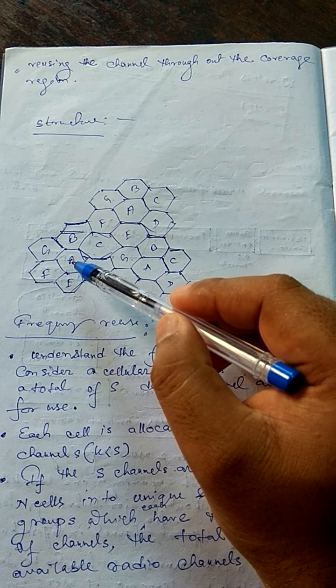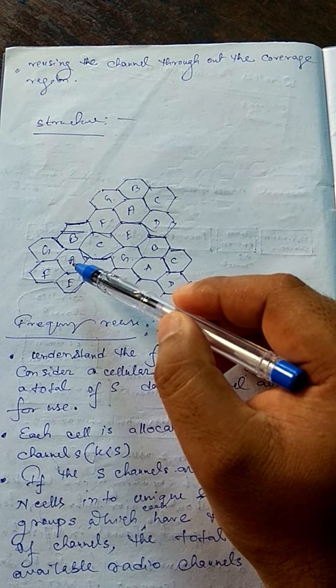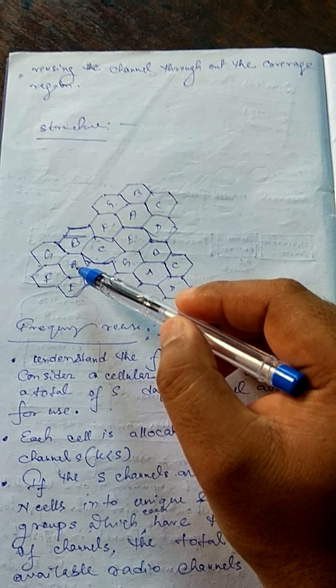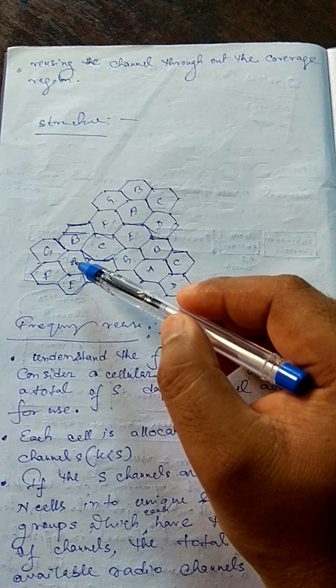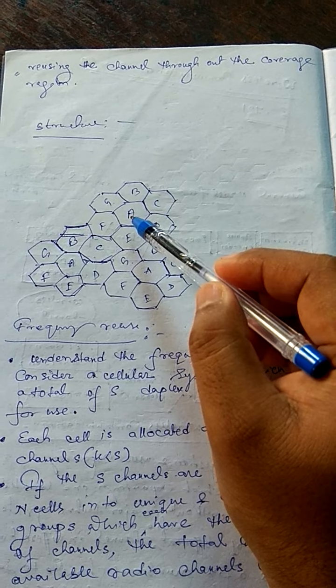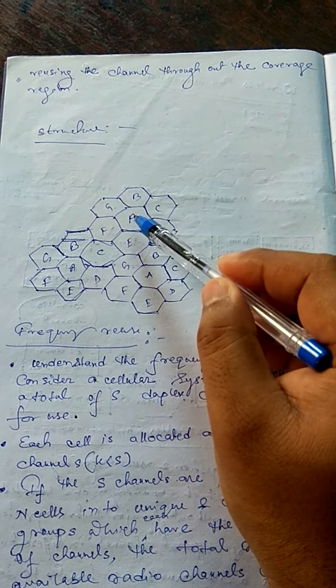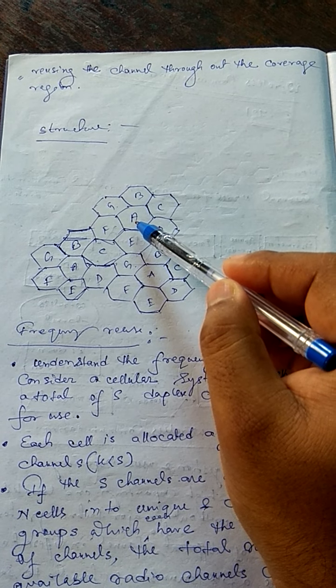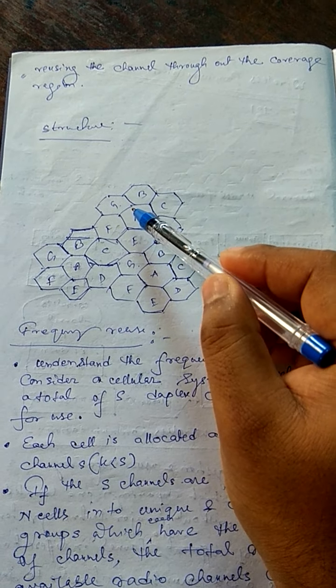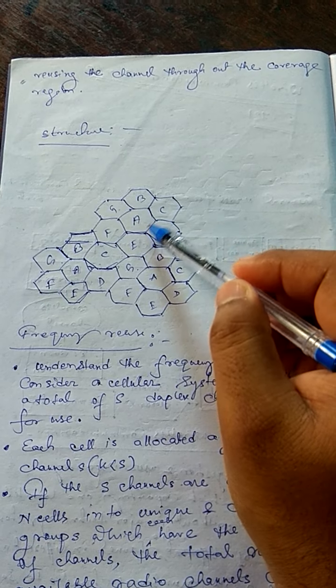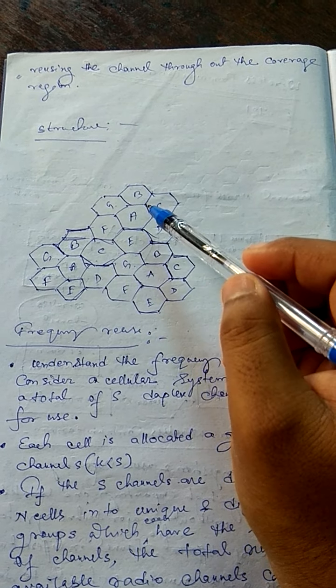Okay, now this is frequency A, and we have to find another cell with the same frequency but in a different cluster. That means the distance between that center and this center is called d, the frequency reuse distance. And where is r? That is r, because all the r's are equal.